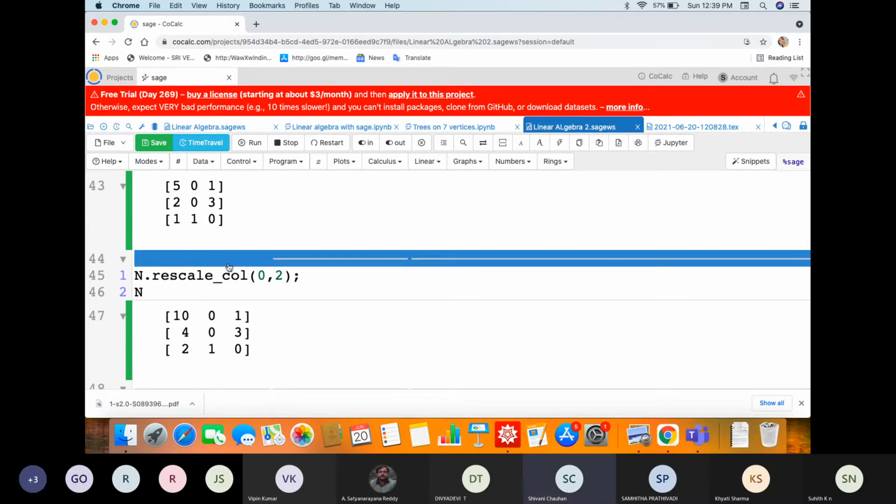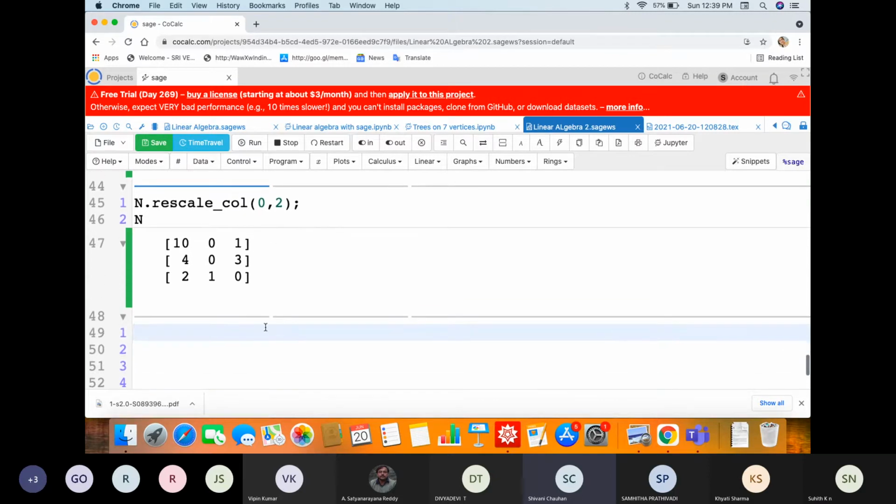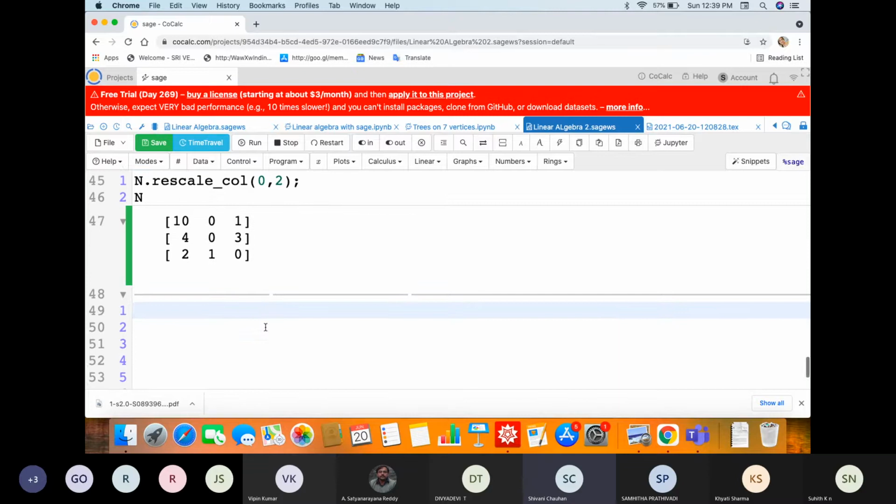You can practice these commands and experiment with the rows, columns, insert some rows, add multiples of rows to some row. That is an exercise.